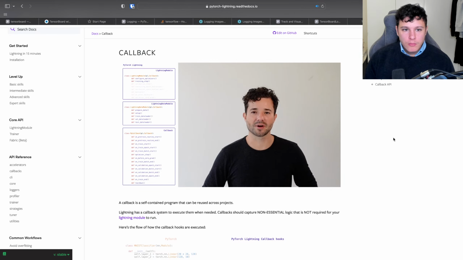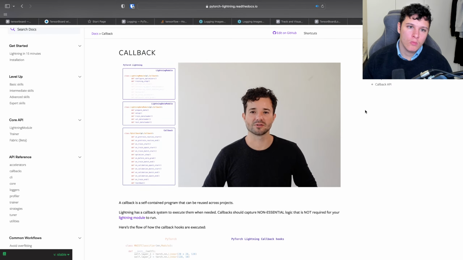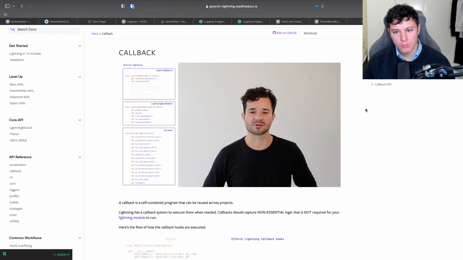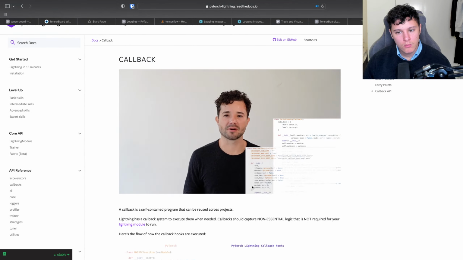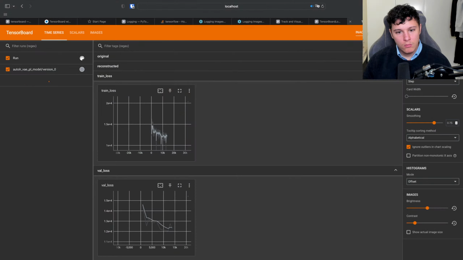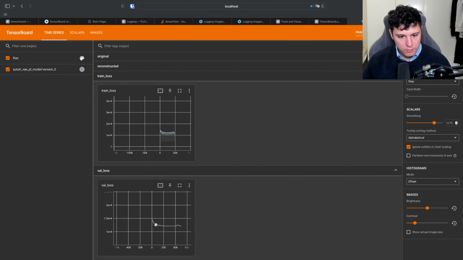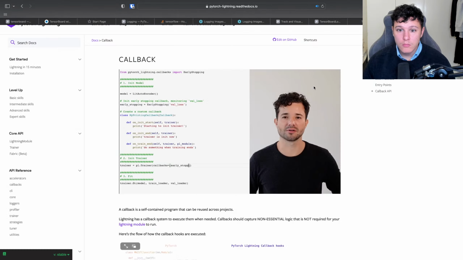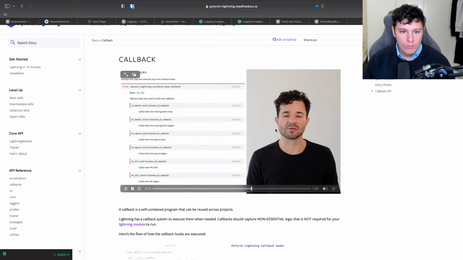The advantage of callbacks is that it decouples a lot of bespoke functionality that does not need to live in your Lightning module, nor your trainer, nor your data modules, and can be shared across other projects. For example, the early stopping and the model checkpoint are callbacks. With callbacks, you can do basically anything you can imagine. Use the callbacks argument to pass in a list of any callback that you want to use. You can design any callback that you want and add custom functionality using our callback API. There are over 40 different